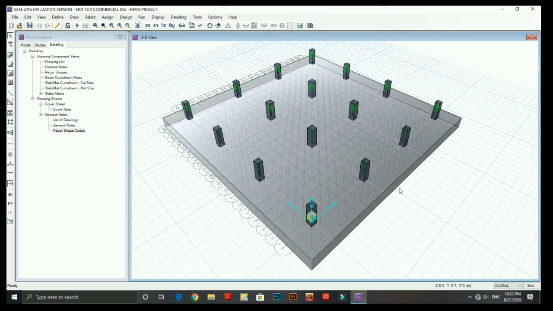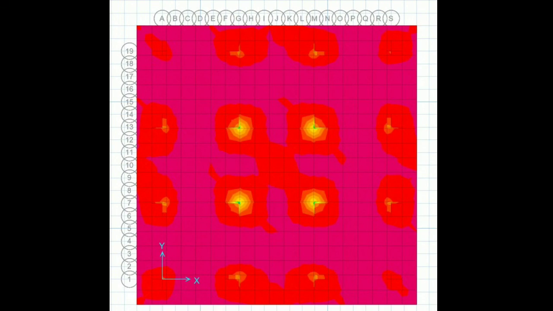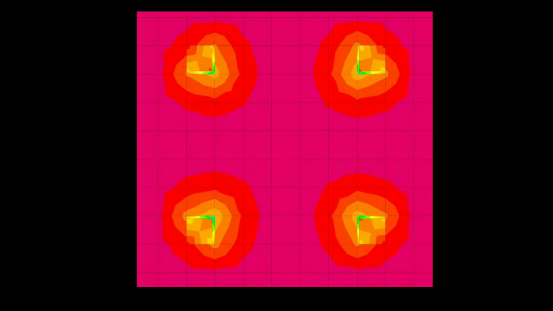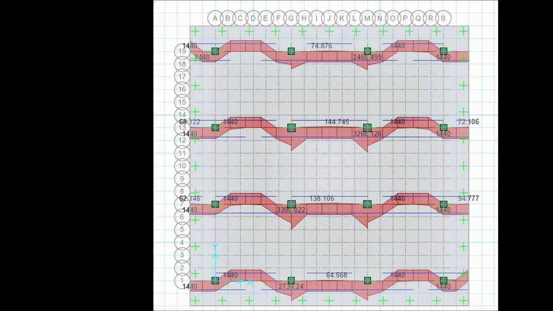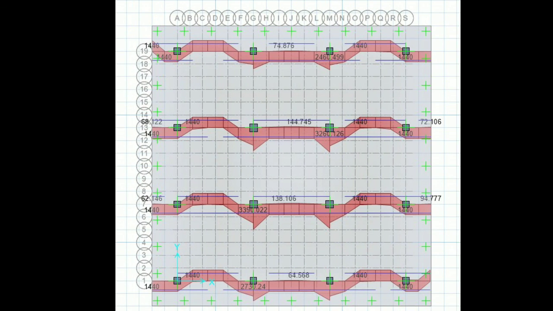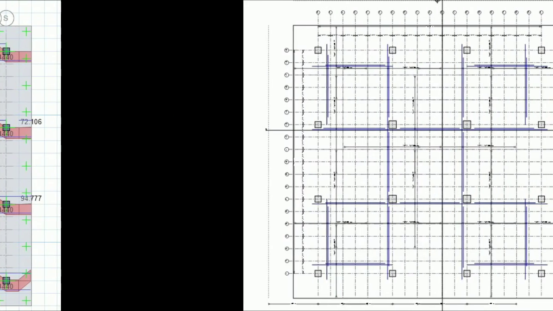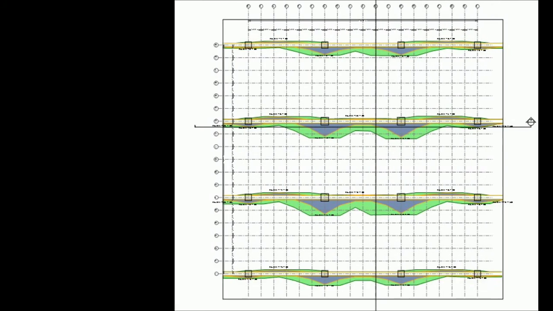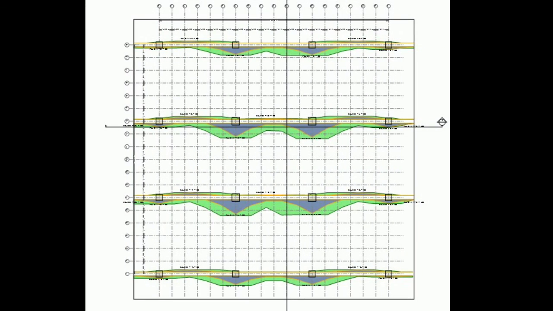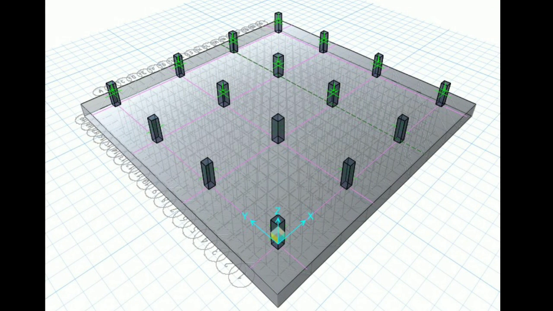And so this is it, and I can show you the moment intensity of different column and different section. And this is the middle column. You can see the moment intensity is so high in there. And next I can show you, you already shown, this is the rebar intensity of the A and B direction of different footing. This is the rebar details of the footing and the rebar intensity of the footing at A direction, and this is the extrude view of the footing.